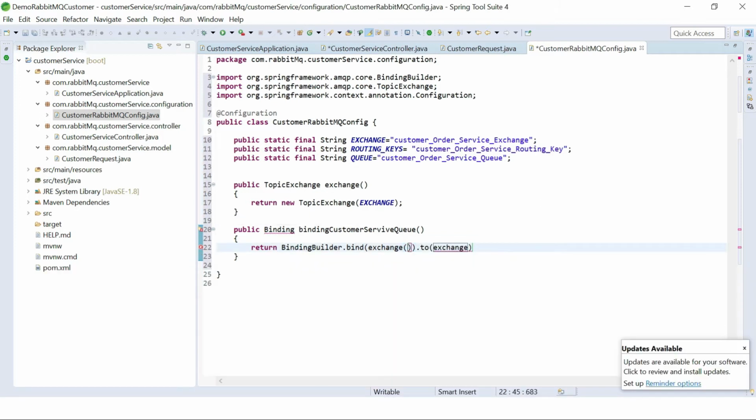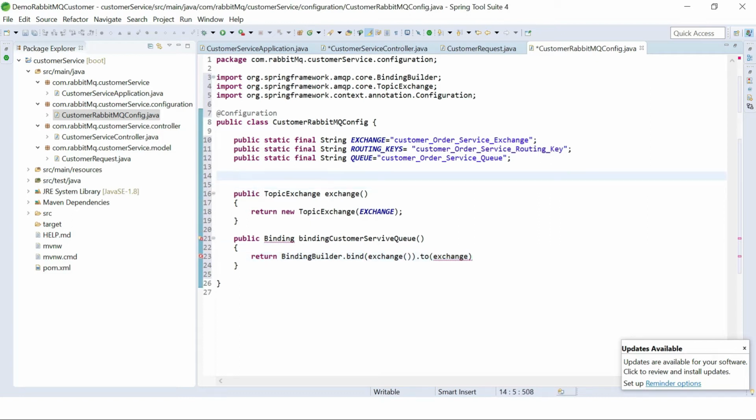Okay, so here actually we need to create one more method which returns RQ, public queue, customer order queue.